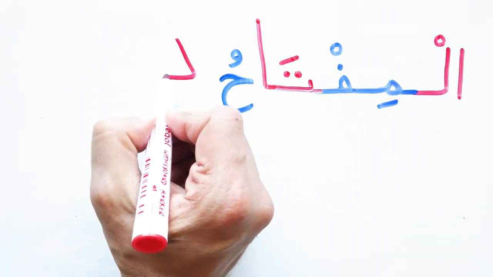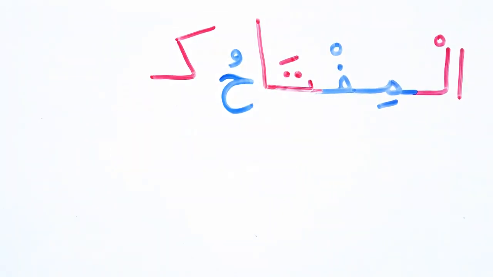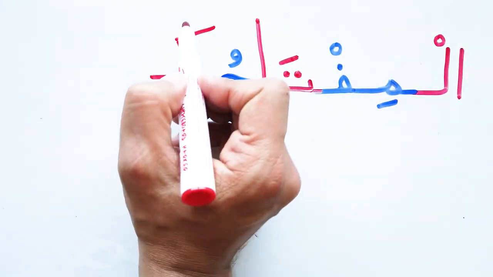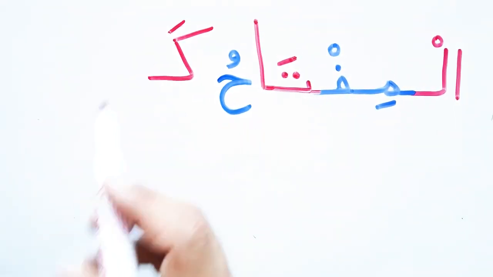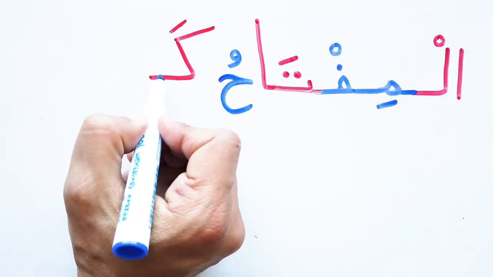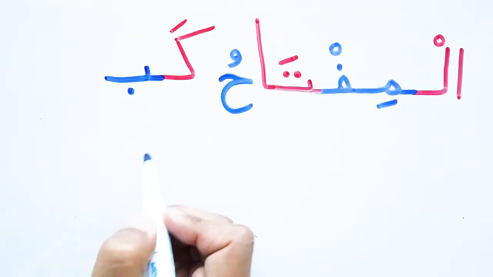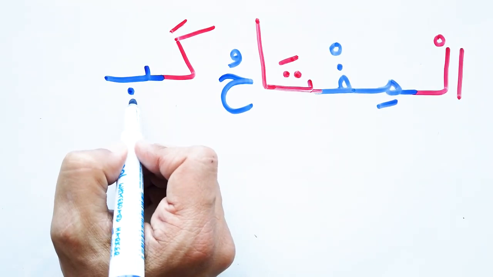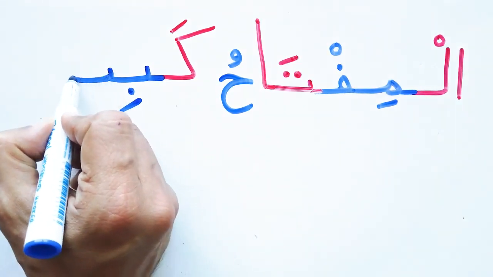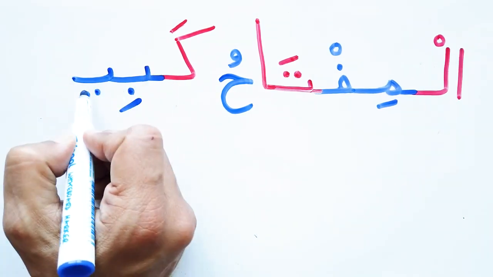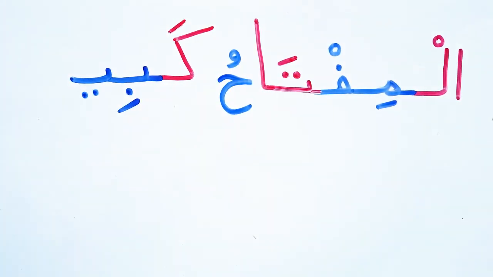The sound of K in the beginning of the word. The sound of K. And I say ka. The sound of A here must add fatha. Ka. B. The sound of B. We have this letter ka, B. And we have the sound of E or I. Ka, B. Long vowel. Kabi. Long vowel, yeah.